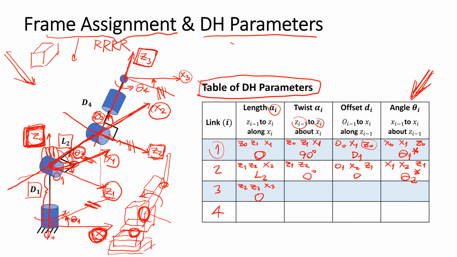The twist is measured from the direction of C2 to C3 and measured about x2. C2 is this direction. Measure to C3